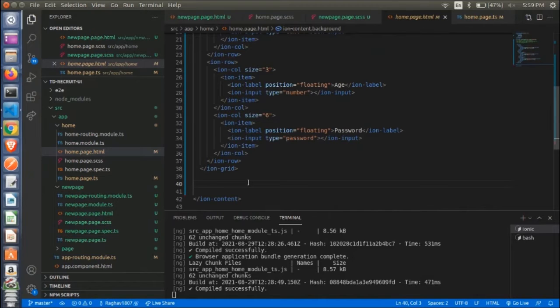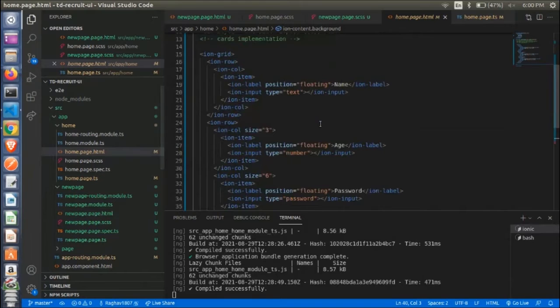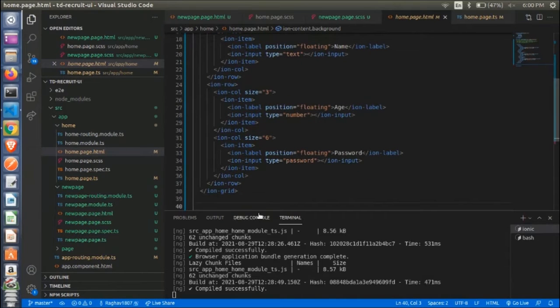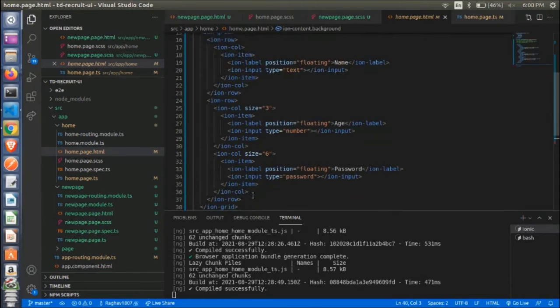So, are you able to see the changes now? Yeah, 1 minute. It is a new page, right? Can you repeat? It is a new page, right? That I create. This ion grid is in the homepage.html. We are implementing it in the homepage.html.